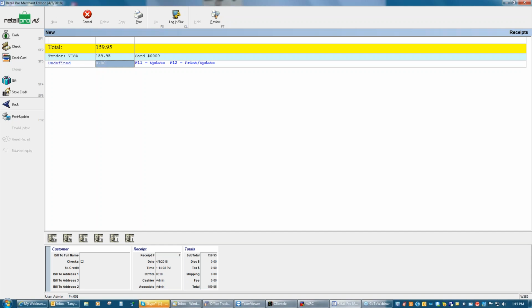Either way, once the PIN pad gets authorization that the card is good and they've pre-authorized that amount, you'll get a message back on your Retail Pro screen telling you that it's been approved, okay? Now, most of you that do use integrated credit cards are probably set up so that as soon as you have approval, if that approval pays off the receipt, it will automatically print a receipt for you, okay? But since I am not hooked up to any PIN pad, I'm going to update this myself,